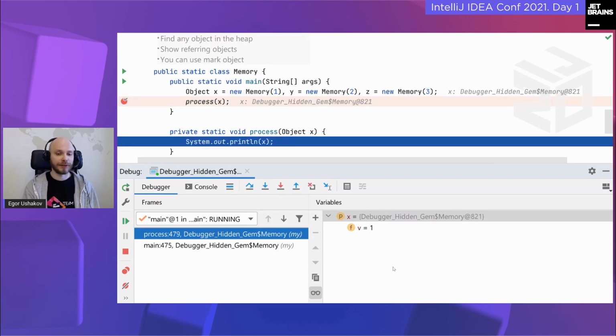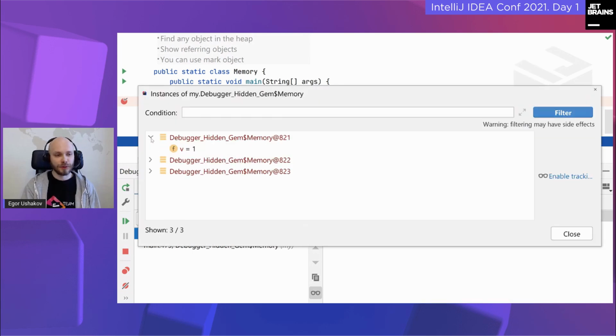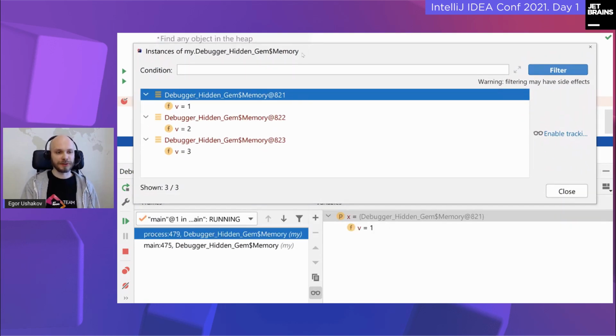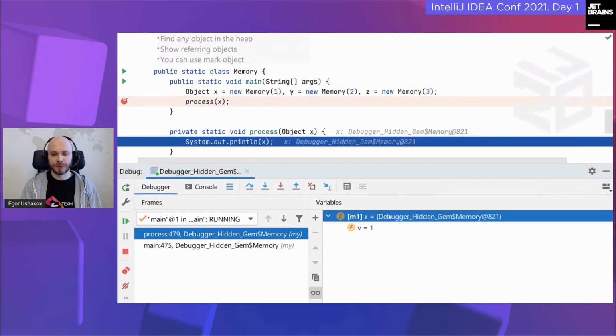So you know that they are in the heap, but you don't have access to them at the moment. Well, actually you have, because you are in the debugger. It knows everything about your program. So you can right-click and invoke show type object, and it will tell you the current runtime type of your variable. And it will show you all the objects it has in the Java heap of this type. And from here, you can check what you want from these objects. You can once again mark them, and then later use what you want with this